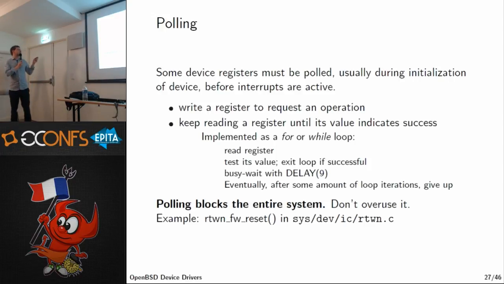Another common idiom is to poll a register. This is usually done in early stages of when you bring the device up, so that you don't have interrupts operational already and everything. Basically it's a busy loop that will spin on the CPU. You tell the device to do something via one register, and then you read back another one to see if it's done it. And eventually you either succeed and you exit the loop, or you time out. And then you print a device timeout message to dmesg, which you've probably already seen, and then give up.